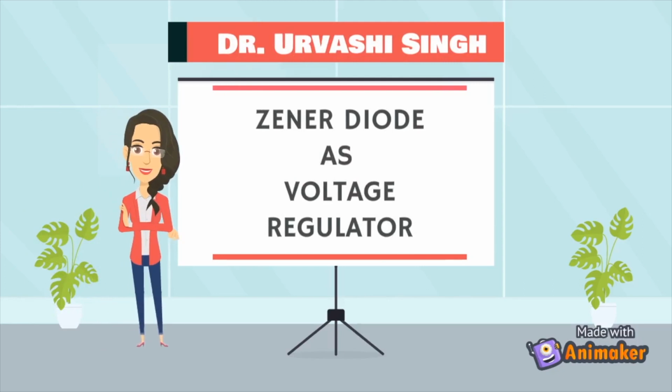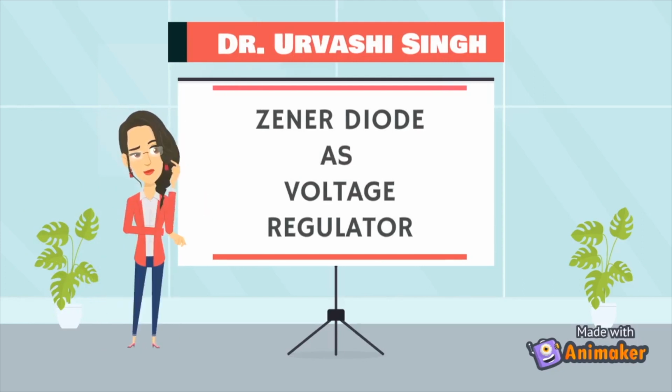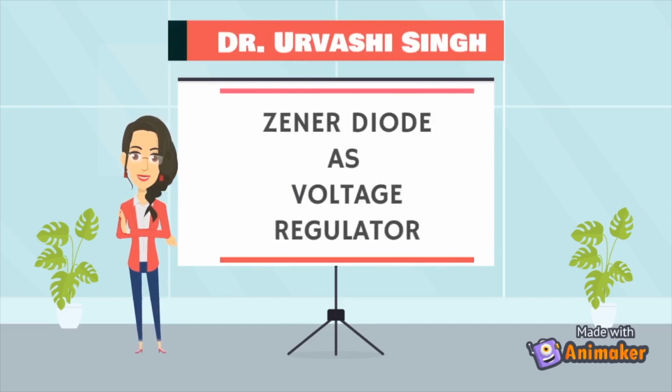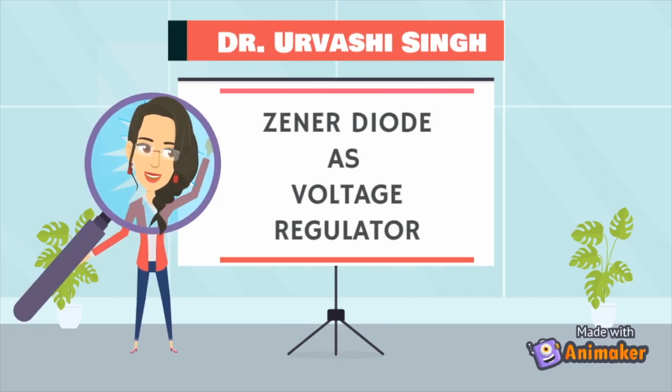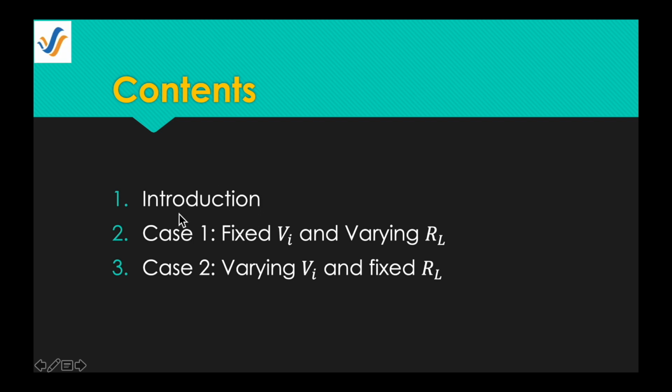In the previous video, we have seen what is the Zener diode and its IV characteristics. But where can it be used in electronics, what is its application? In this video, I am going to explain how a Zener diode can be used as a voltage regulator. For this, first of all, we should know what a voltage regulator is and then the application of Zener diode as a voltage regulator. Moreover, there can be two cases of using a Zener diode and that I will discuss